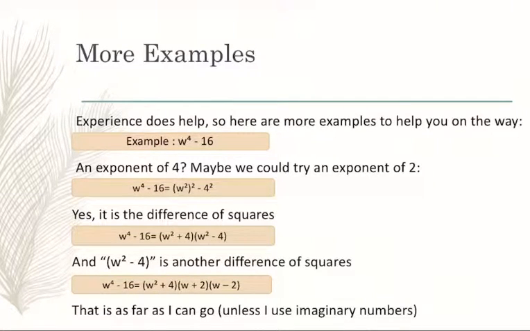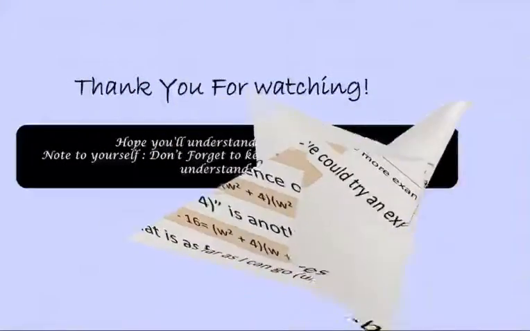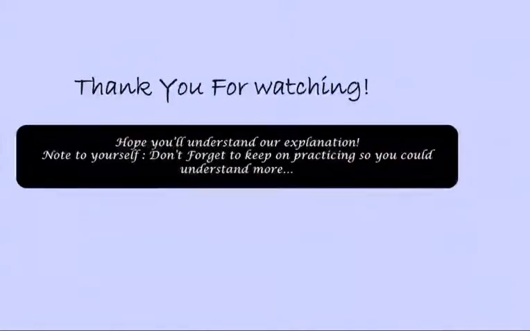So w to the power of 4 minus 16 equals bracket w squared plus 4 closing bracket times bracket w plus 2 closing bracket times bracket w minus 2 closing bracket. That is as far as I can go, unless I use imaginary numbers. Haha. Okay guys,